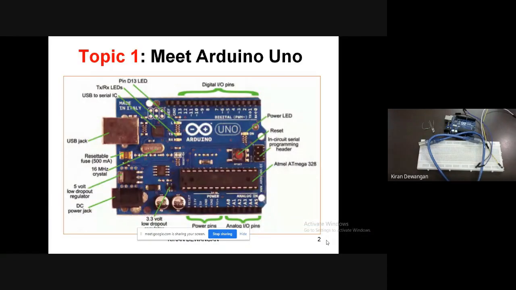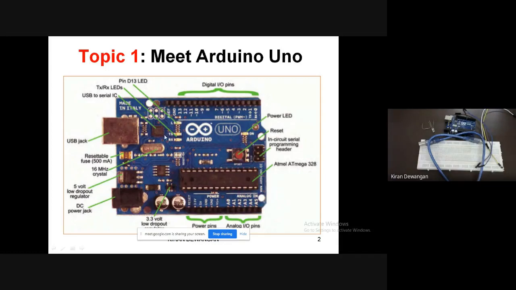Next slide. This is a basic Arduino board. As we've already seen, this is a basic Arduino Uno board. Now, actually, Arduino has different kinds of boards. This one is an Arduino Uno board, in which we can see these small LEDs. This one is a small LED which is connected to pin 13. Here we have pin 13. Pin 13 is connected with this LED, and this shows that if we give any connection to pin 13, this LED will work as an output.